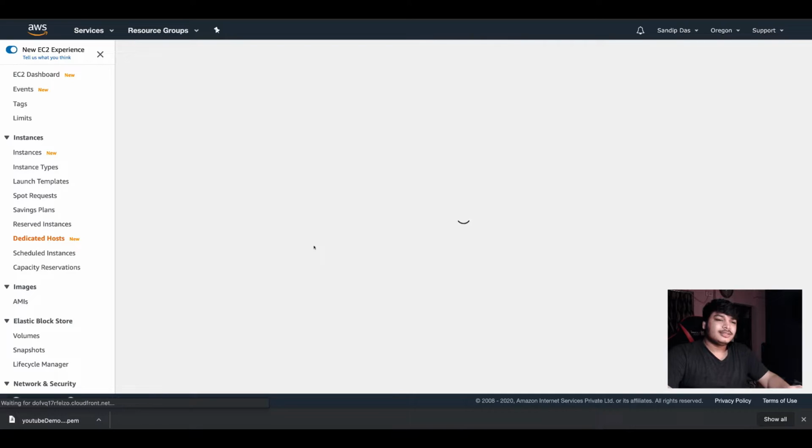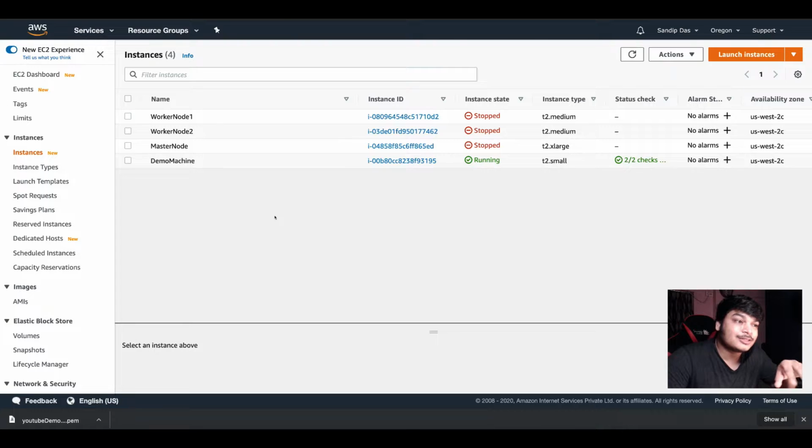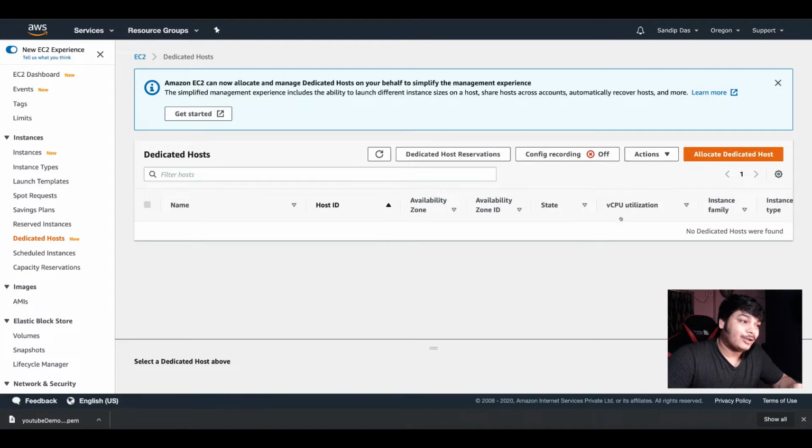Okay, dedicated host. The instances I just created here are running on a shared environment. But if you have a regulatory mandate that it should be separated from all other network interfaces, that it's a dedicated instance and nothing should be shared with this instance physically, then this is our dedicated host, where you can allocate a dedicated host. But it will cost you more than the normal instances. So make sure that you remember that part.